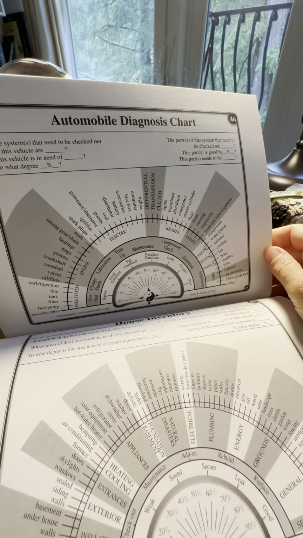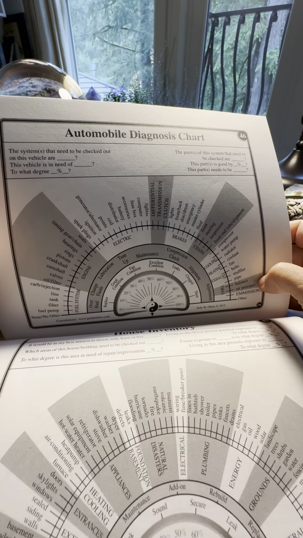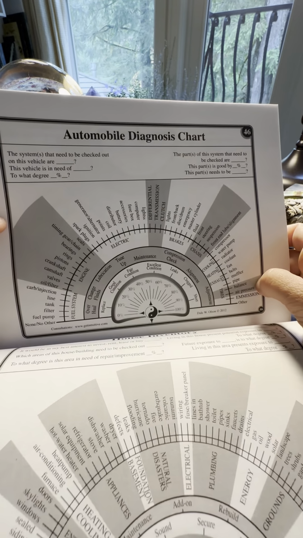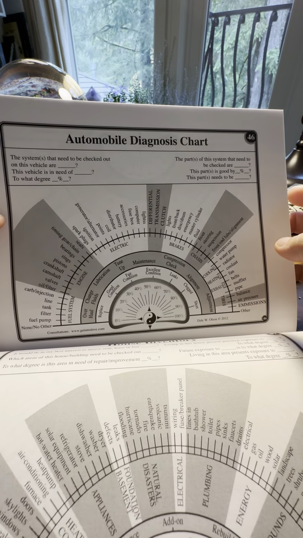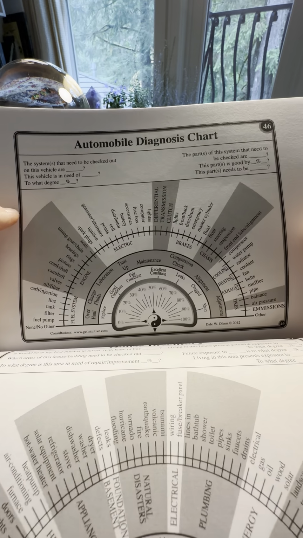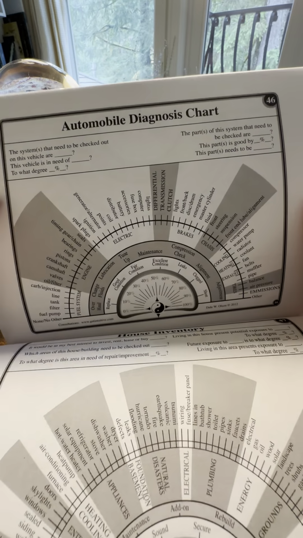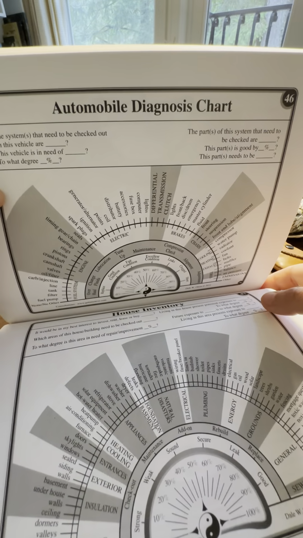automobile. You know, I've actually used this chart and it worked. I was like, whoa, that is so cool. I was just testing it out for my brakes and my oil, and it went to it. It was super cool. So yeah, there's some charts in here. There's pet charts in here, house inventory, things to be mindful of, all kinds of charts. So it's really, really great.